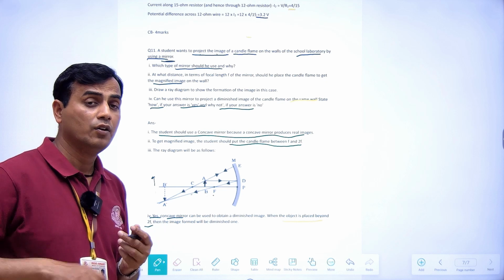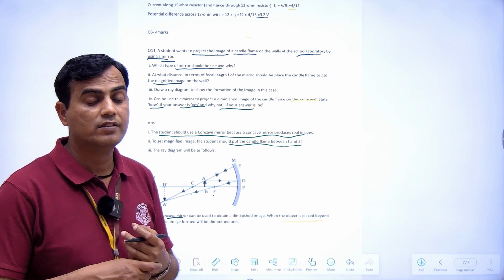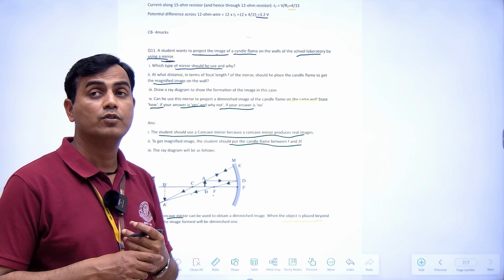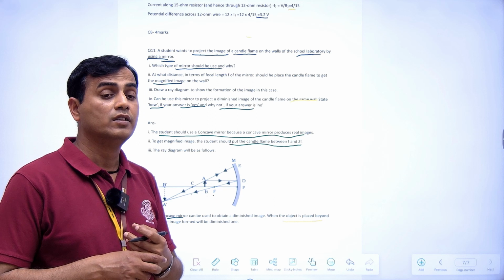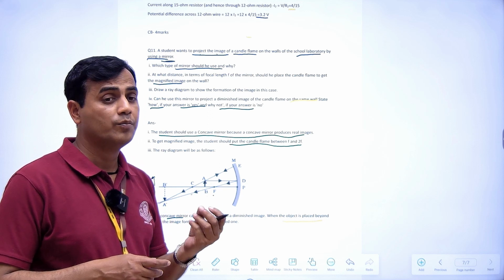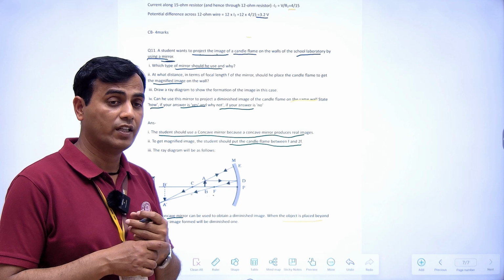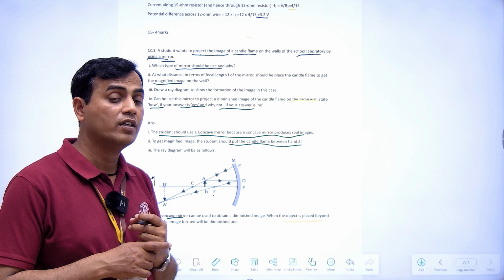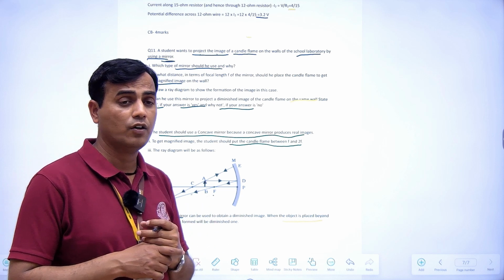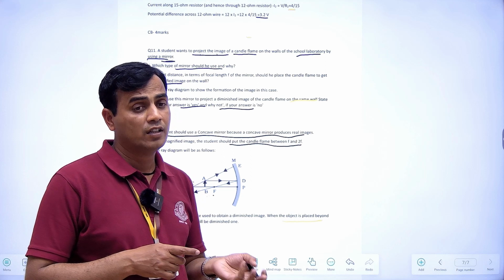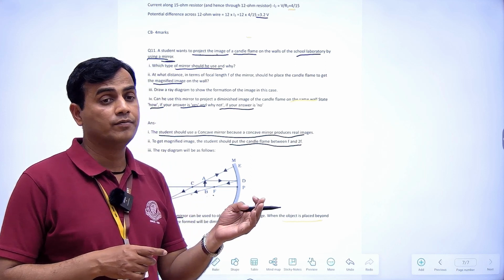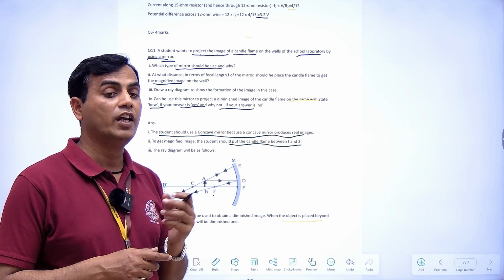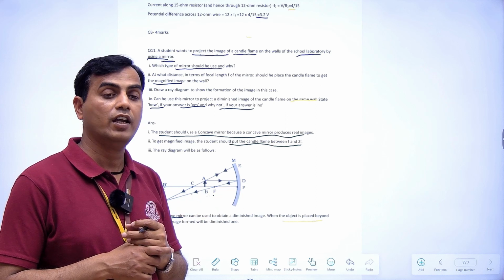So that's it on the blueprint provided by the CBSE board for the physics part. We have a total of 11 questions: 3 questions from the MCQ part on magnetic field, 2 on electricity, total 5 MCQ questions, and after that 1 two-mark question, and next we go to the case based study, 1 question, 1 long answer type question, and the remaining part from essay 1 and essay 2.